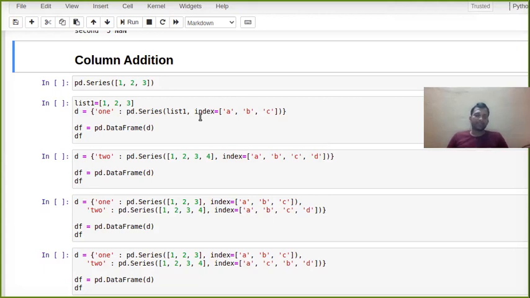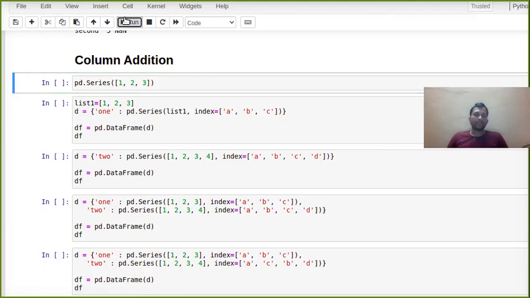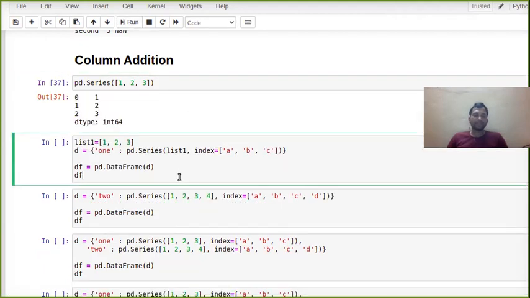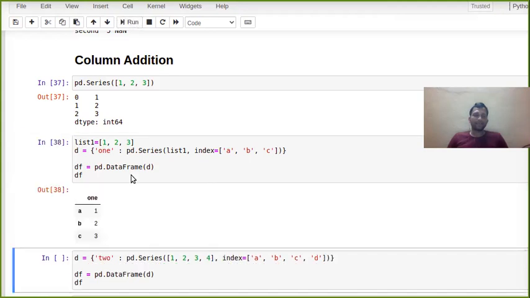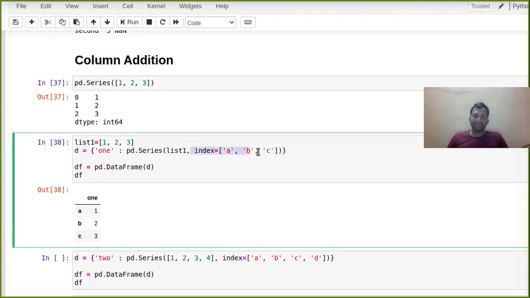So let's start. First, what is a Pandas data frame? It's a combination of Pandas series. So this is some series, and you can create a data frame from a series also. What I did, I created a series, and the index I am explicitly defining. If you're not giving it, by default it will give 0, 1, 2. You can check that also if you want.